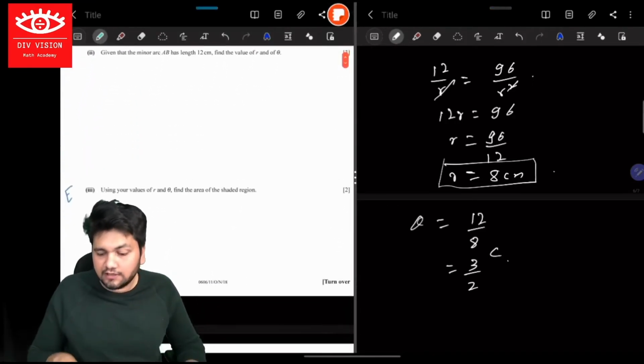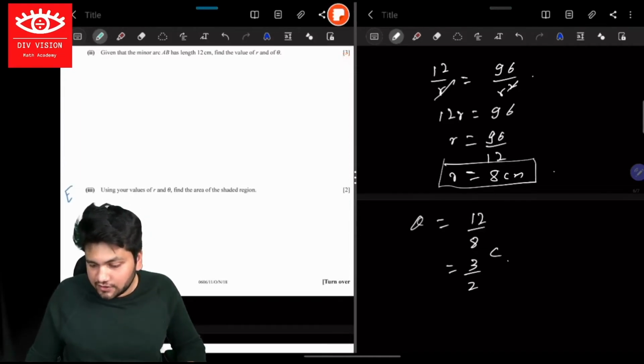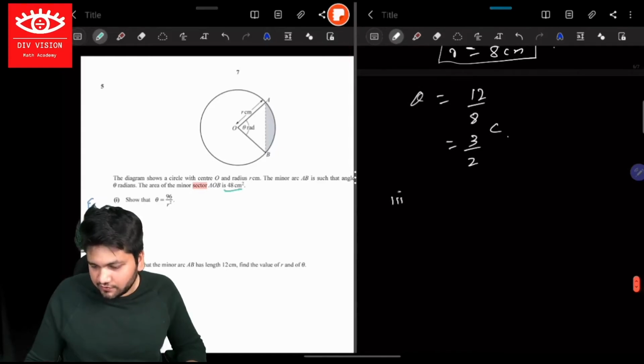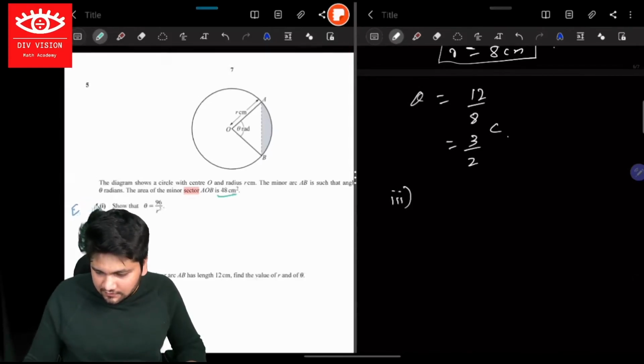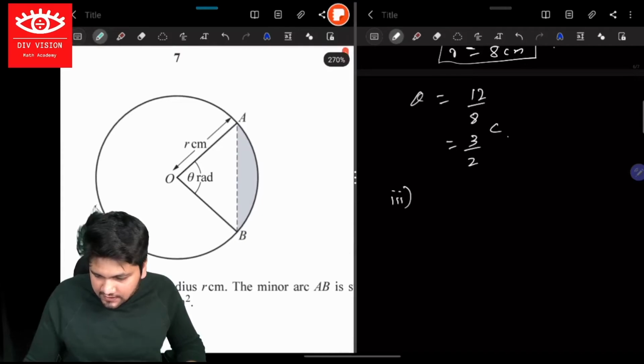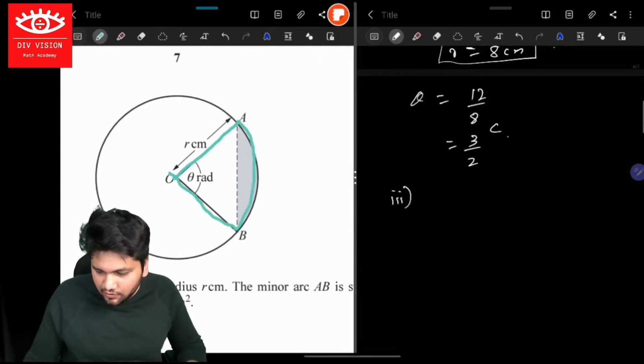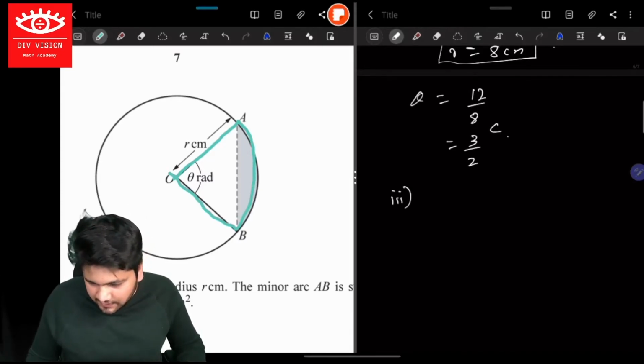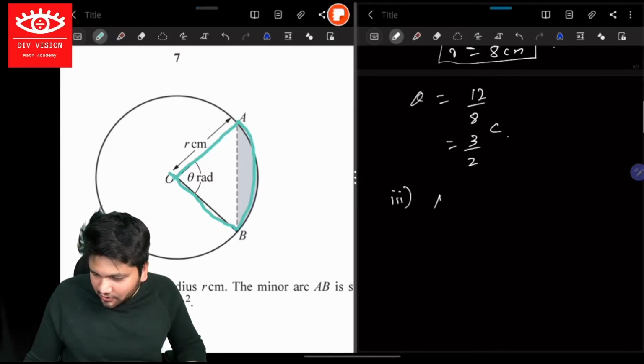Okay, using the values of r and theta, find the area of the shaded region. Now this is important. We need to find the area of the shaded region. As you can see here, this is OAB, this is the whole sector. The shaded region is this part, that's why. So it's going to be area of sector